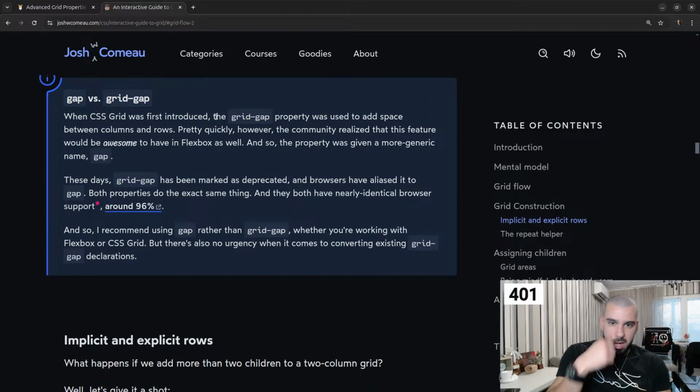Alright, so we have gap versus grid gap. When CSS Grid was first introduced, the grid gap property was used to add space between columns and rows. Pretty quickly, however, the community realized that this feature would be awesome to have in Flexbox as well, and so the property was given a more generic name, gap. These days, grid gap has been marked as deprecated, and browsers have